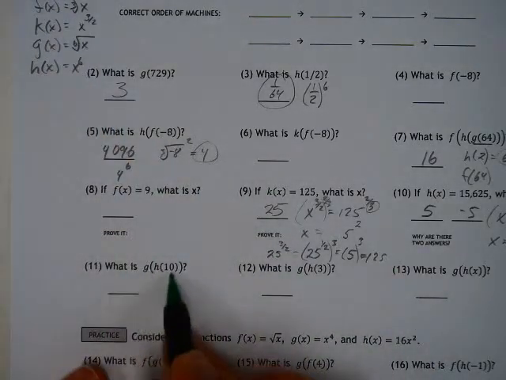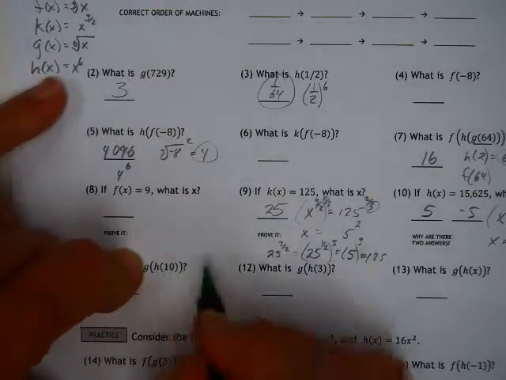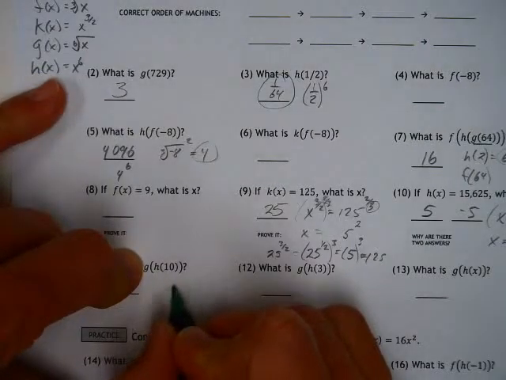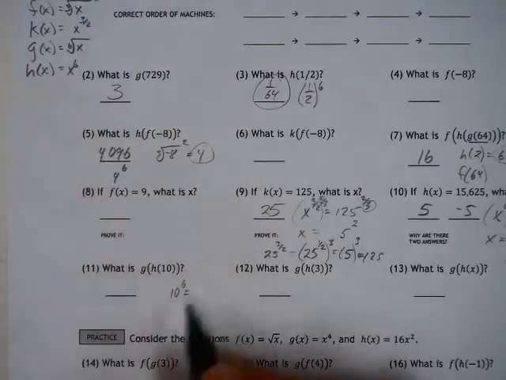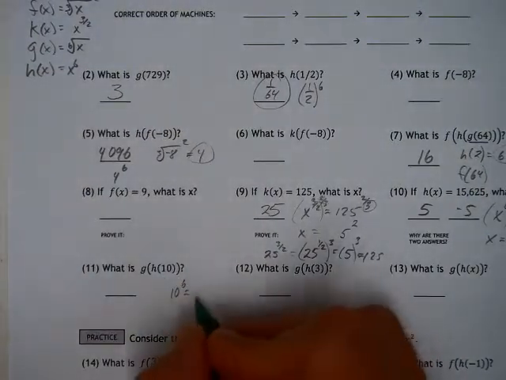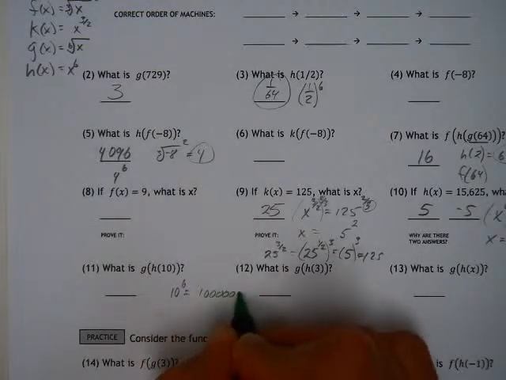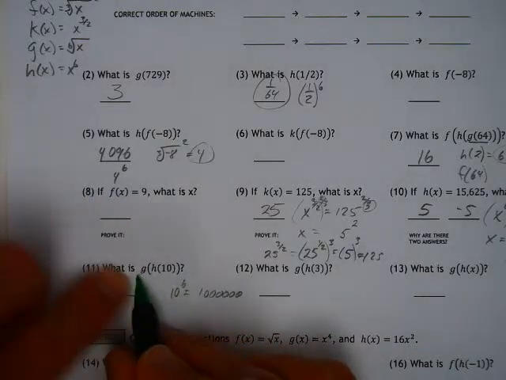If you look at g of h of 10, we'll start on the inside, h of 10. Well, h of 10 is a big number. That's saying x to the 6th power, or 10 to the 6th power. The nice thing about it is 10 is easy to raise to a power. That's a 1 with 6 zeros. That's a million. Okay? And that number right there, when you take that and plop it back into g, well,